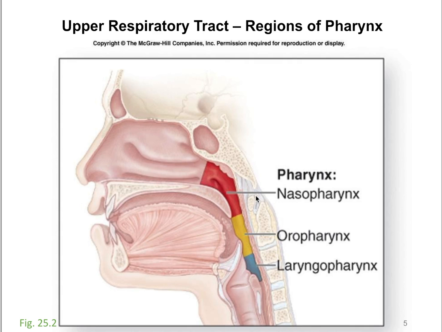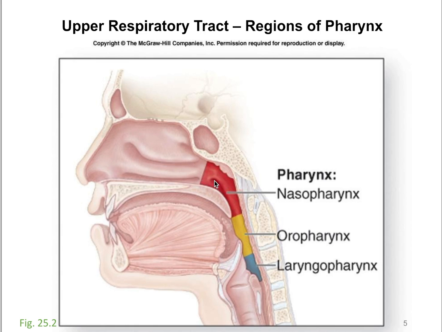The pharynx is basically this shared space in the back of the throat. And I say shared because it just means that there is the potential for food or drink to go up into the nasopharynx, and then the oropharynx back here behind the tongue, and then the laryngopharynx, which is the space behind the larynx. So they're just regions. So this upper red region is the nasopharynx,